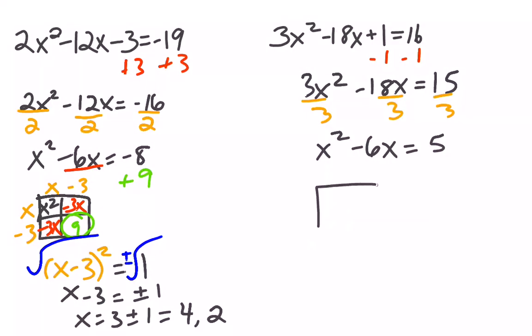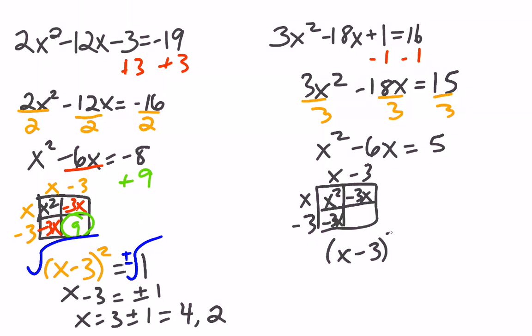And the same process. Negative 6x split in half is negative 3x. Negative 3x. Factor it out. x, negative 3, negative 3. So I'm going to rewrite that as x minus 3 squared. Negative 3 times negative 3 is